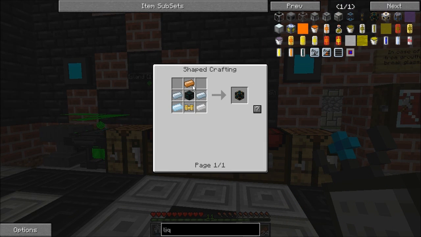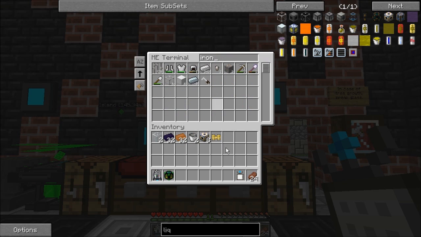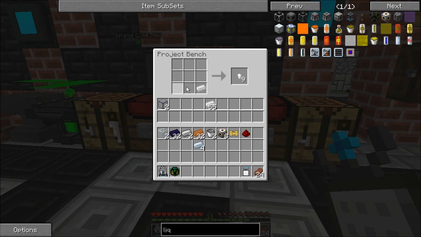Liquid tesseracts are made with copper, silver, tin, pneumatic servos, and unattuned tesseracts. So, do we have any pneumatic servos? We have 1. We'll need some glass, 2 pieces. We need some iron, also 2 pieces. We need 2 pieces of redstone. We need 4 silver. So, take all of that out. And copper,